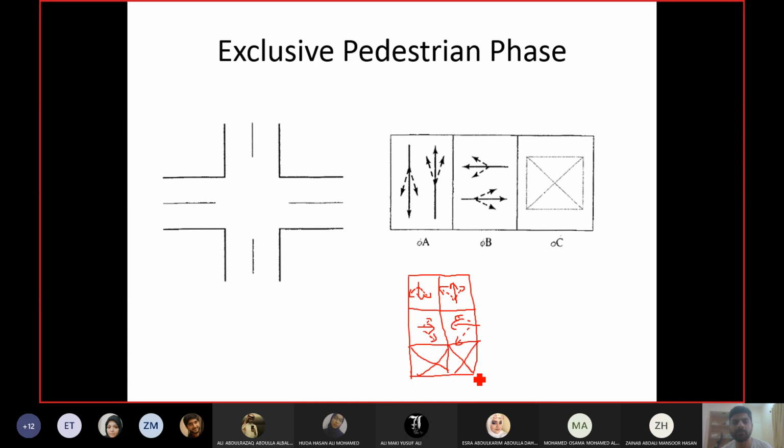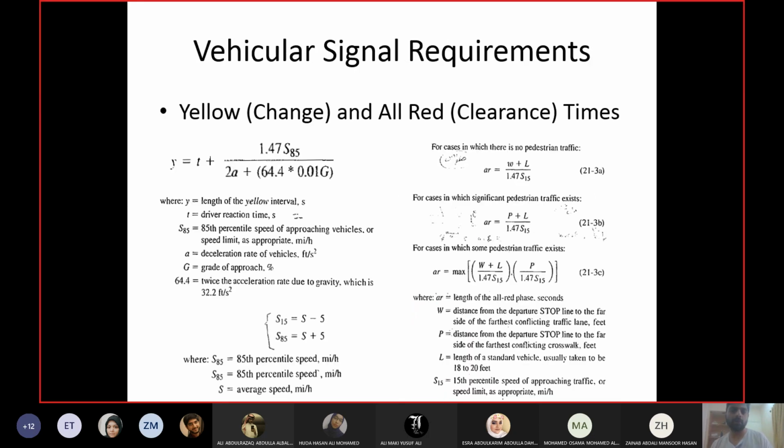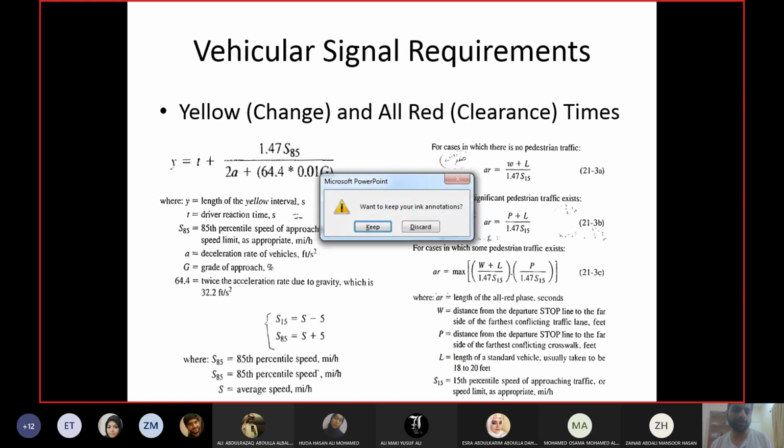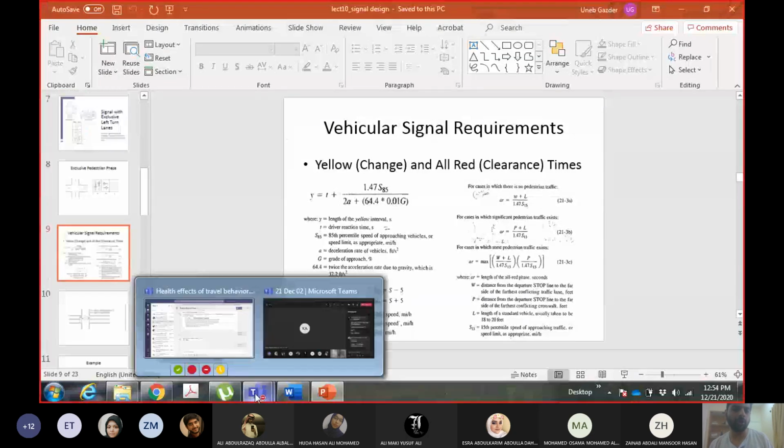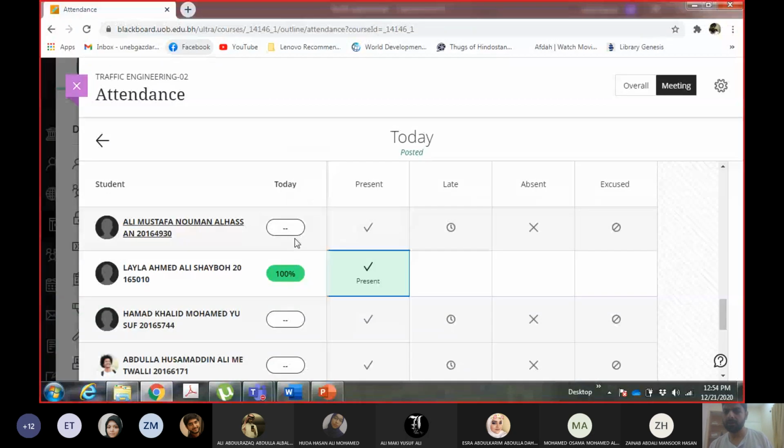Why did I make two blocks? Because they are showing different signals, right? They are in different directions. Okay, so this will be a ring diagram for that. You can look for more examples from the book. The book has more examples for the phase and ring diagram with more combinations.